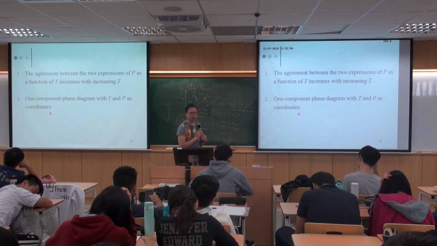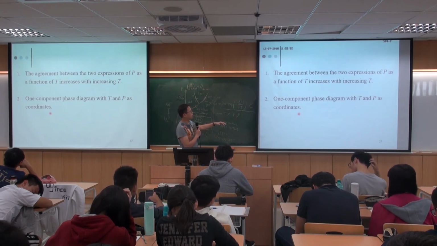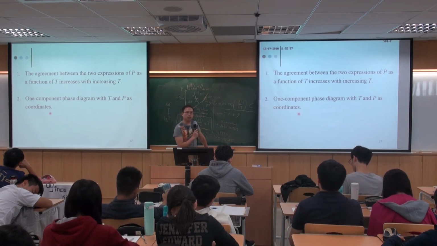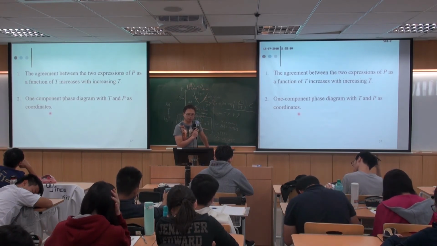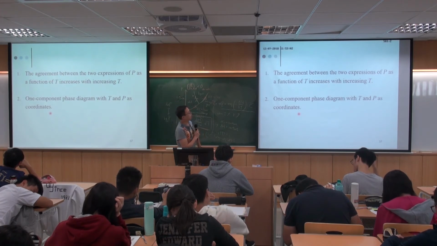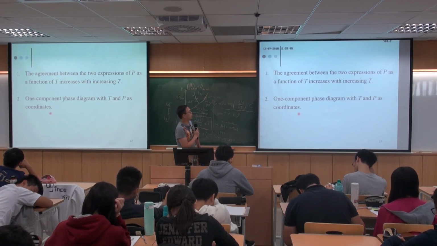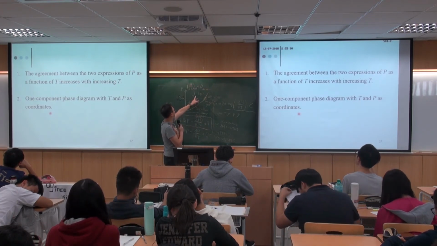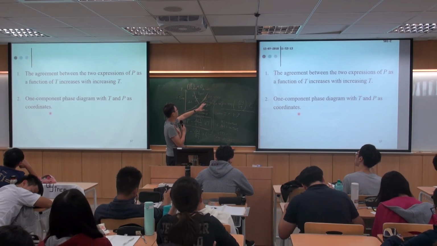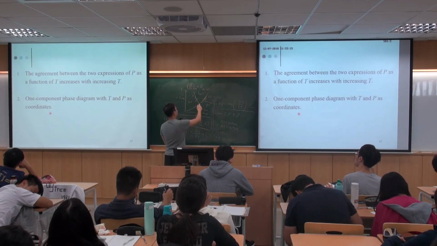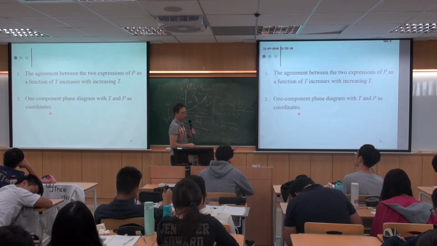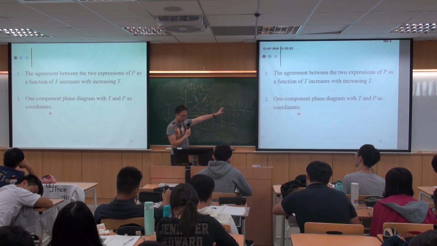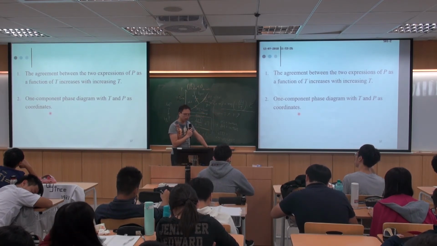And so the agreement between these 2 expressions is good for high temperature, but the deviation starts to increase when you go down to lower temperatures. And one component phase diagram with T and P as coordinates is this kind of thing. And we've already mentioned the solid-liquid phase borderline, and now we also finish this line over here using the approximation that we used earlier. And the equation that we use is the